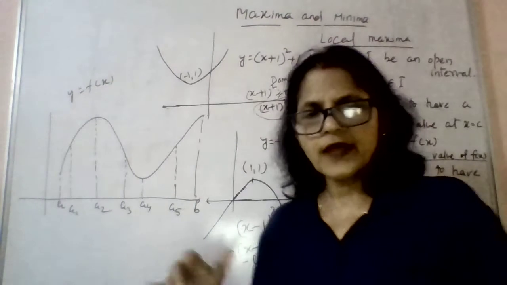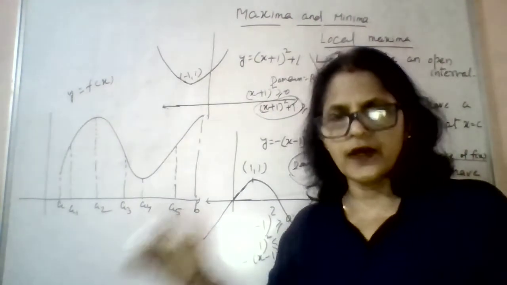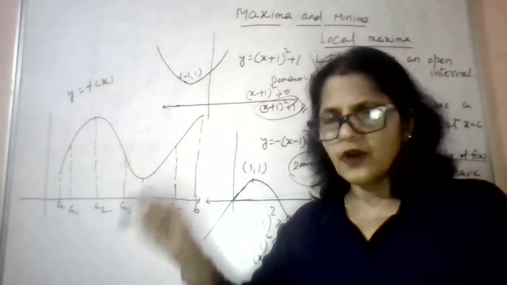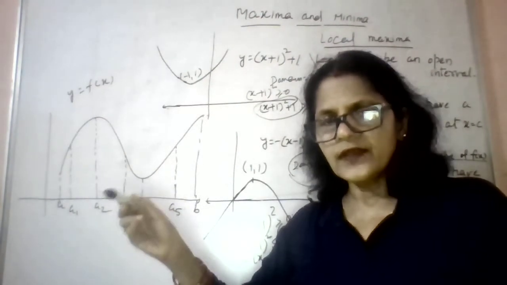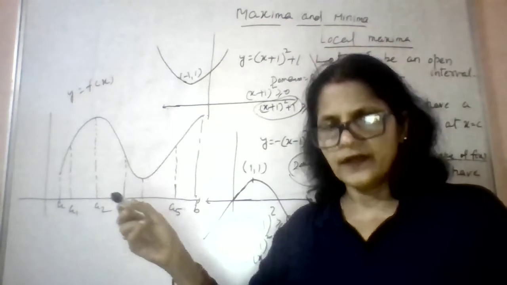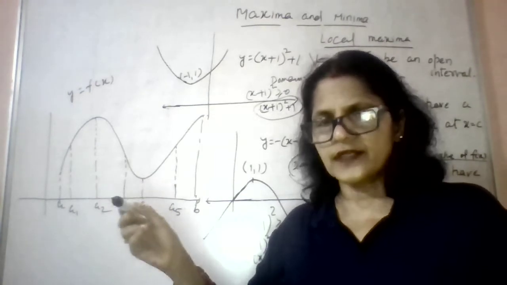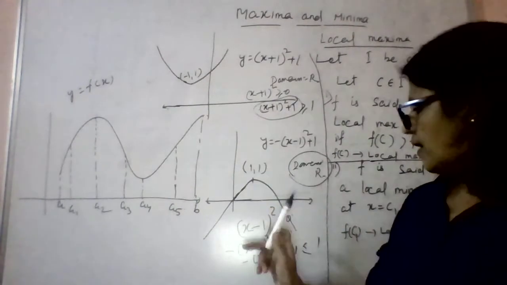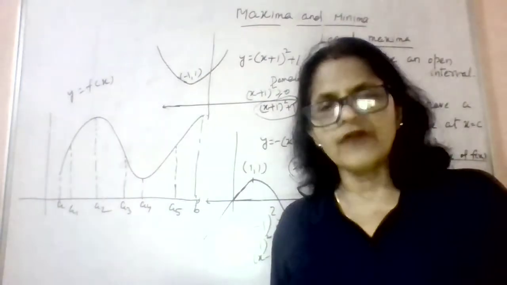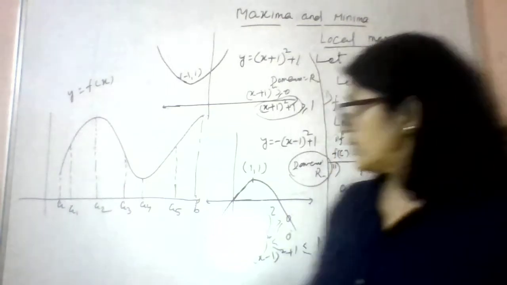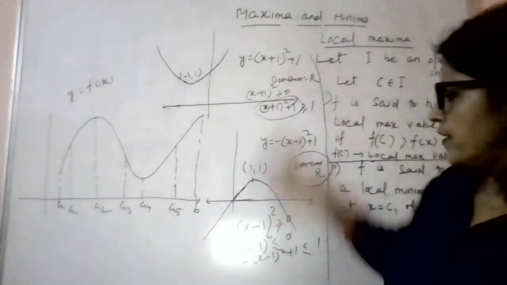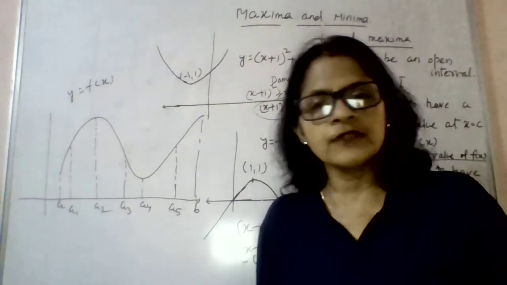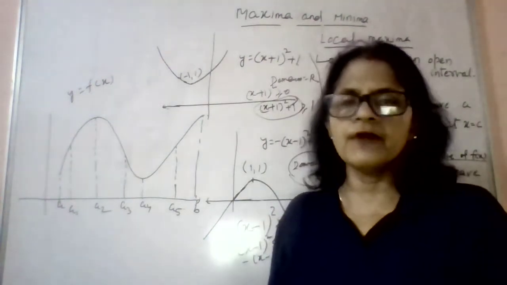It means the maximum value of y can be 1, because y is less than or equal to 1. The upper limit is 1 and it can come below 1. So the maximum value of this function is 1 and there is no minimum value. Clear? Whenever we see such functions, even without using derivatives, we can find the maximum and minimum value of the given function.